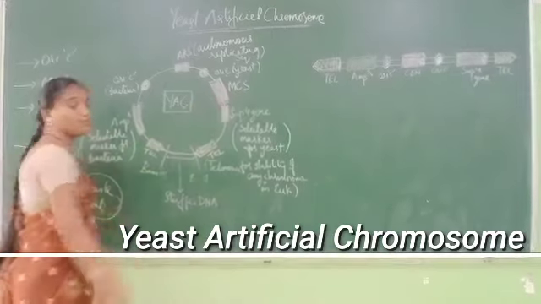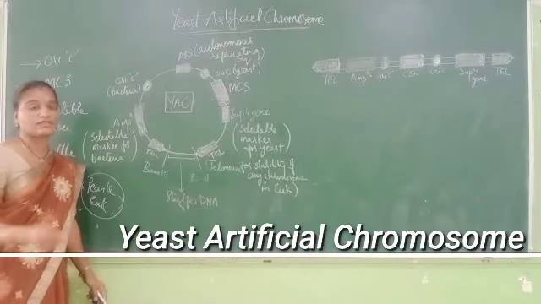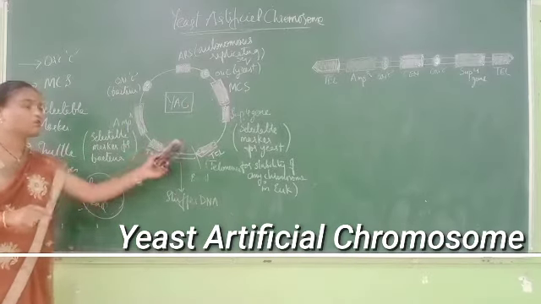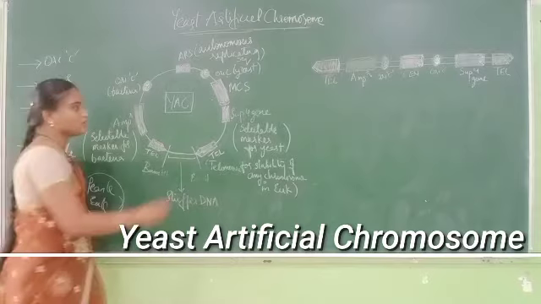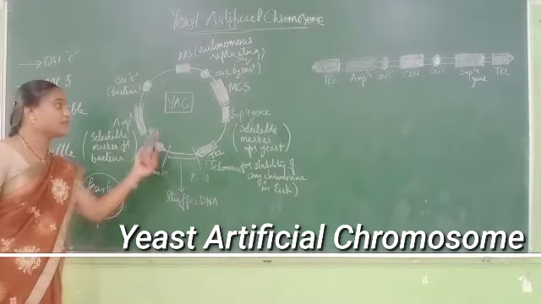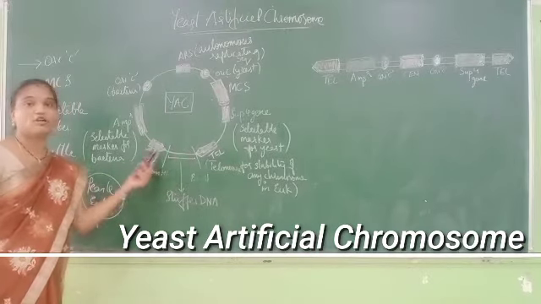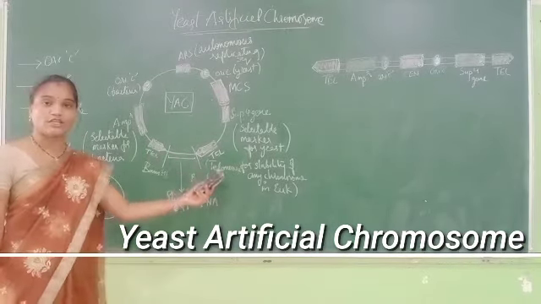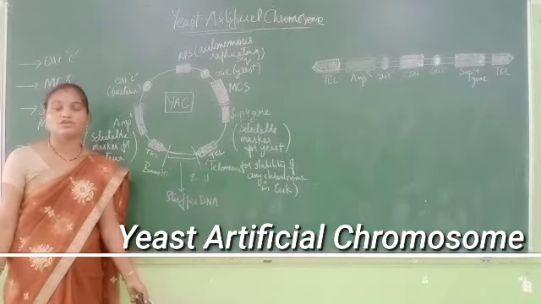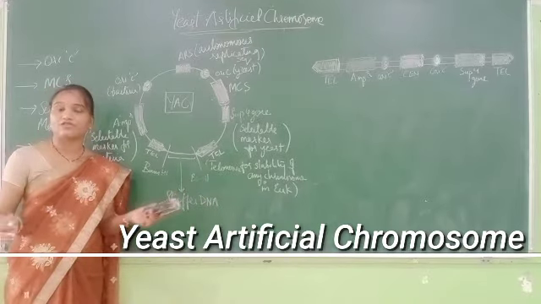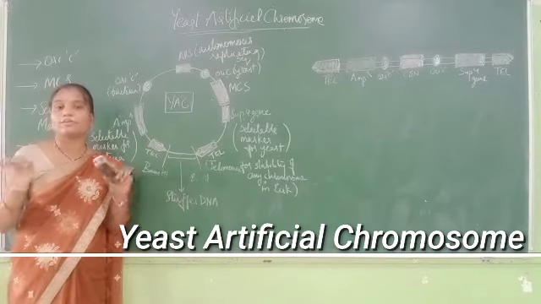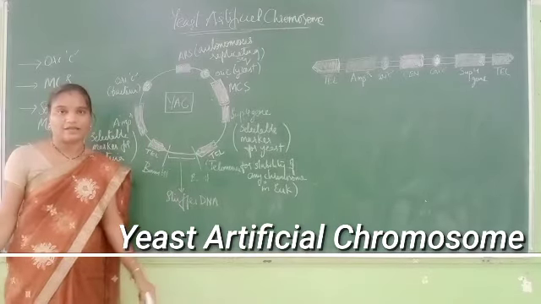So the restriction MCS, the multiple cloning sequences, that is where your target DNA molecule should get inserted, is the same for your bacteria as well as your yeast. So next is your telomeric sequence. This is designed in such a way that this yeast vector has a telomeric sequence. The importance of a telomeric sequence is the stability of any chromosome in your eukaryotes, so that it cannot be easily identified by any nucleases. So it won't get destroyed. The free ends of your YAC will not get destroyed, isn't it?